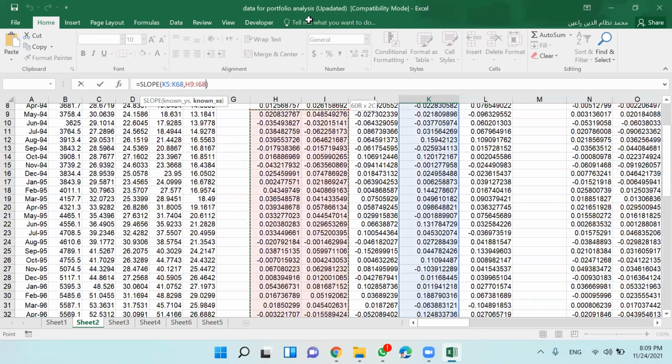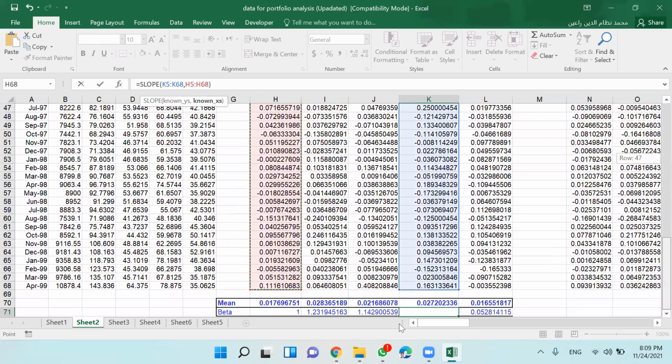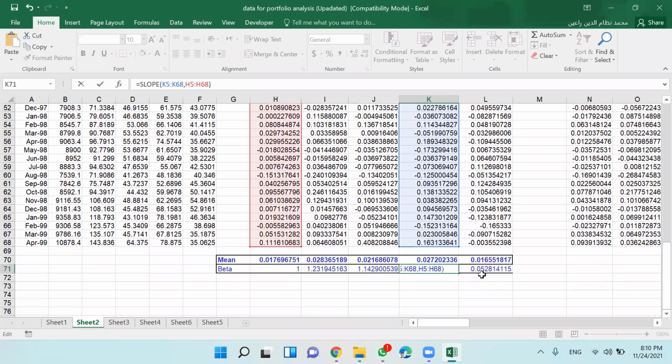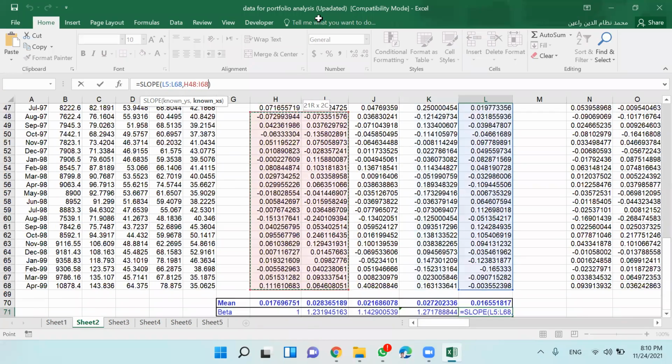You should know that your independent variable is always the market index. Just correcting that, you press enter and generate the correct value. This one you also need to correct. The second variable, the return, is the market index.